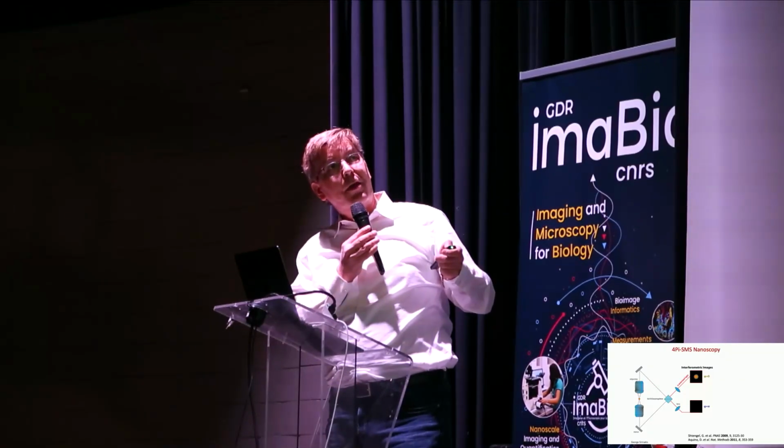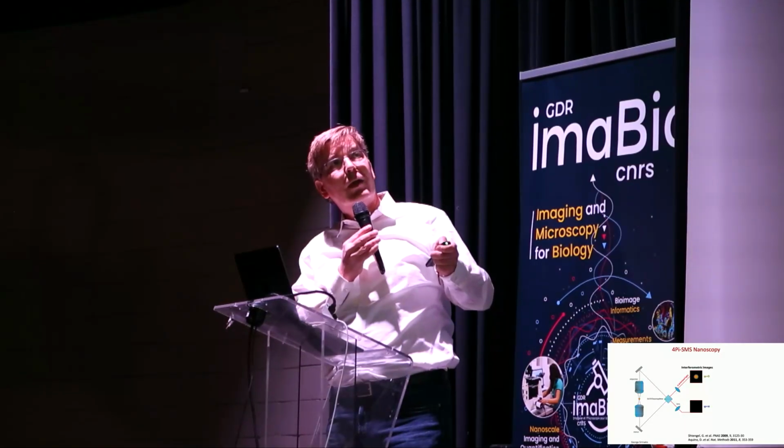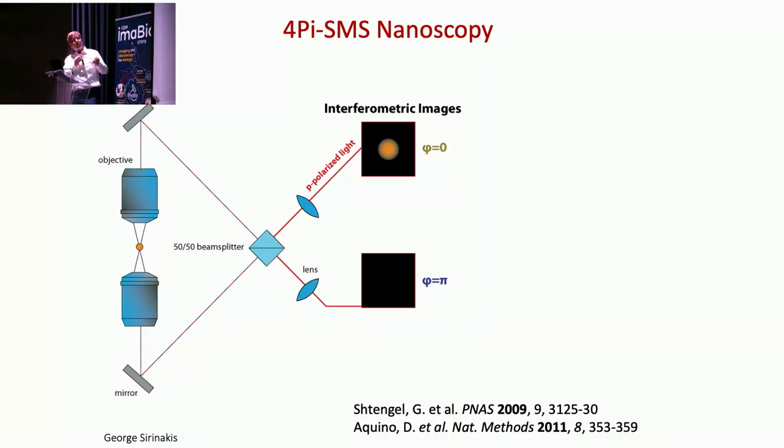So if this beam path and this beam path are exactly equal in length, then we get constructive interference, and we get a bright signal coming out of this beam splitter cube side. That also means that there's no energy left to come out on this side, and we get zero, or destructive interference, out on this side. Now, if